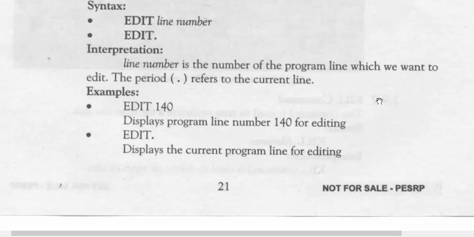For example, you are writing code and you have written line number 50, then there is a mistake. You cannot go back to edit it. What you will do, you will type edit and put a dot in front of it. It will take you to line number 50. If you want to edit line number 30 or 20, you would type the line number in front of edit. Then it will help you to do it.